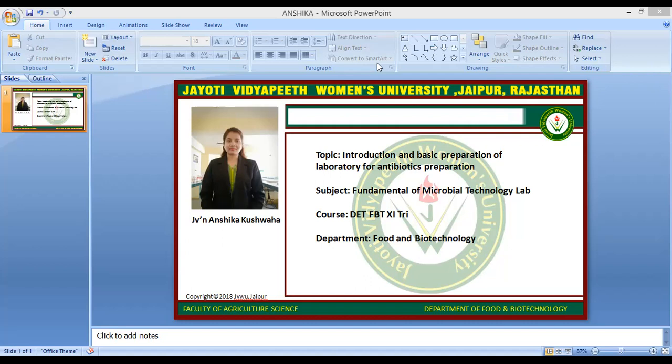So, what is the action of antibiotics? Antibiotics are like penicillin, streptomycin, ampicillin, kanamycin, and chloramphenicol. Penicillin is the most widely used antibiotic. It is a drug of choice when infection is caused by organisms susceptible to it. It is an effective drug against gram-positive bacteria and also against Rickettsia. Most penicillin is produced by species of Penicillium.